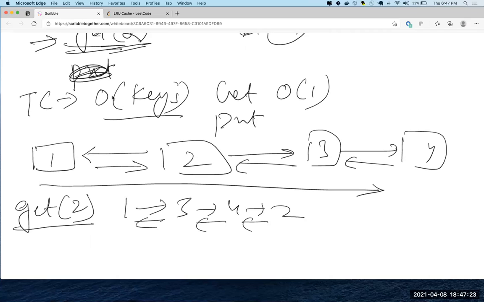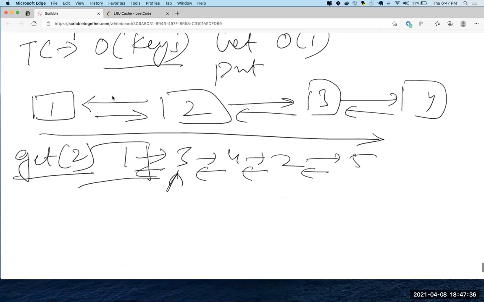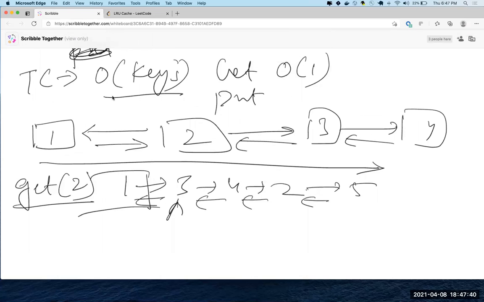You remove this and one, our head becomes 3 then. But if I was appending to the beginning of the list, then my end would have been the least recent item. So if I used a singly linked list, I would have to always iterate till the end. Versus here, we always have a tail and a head.